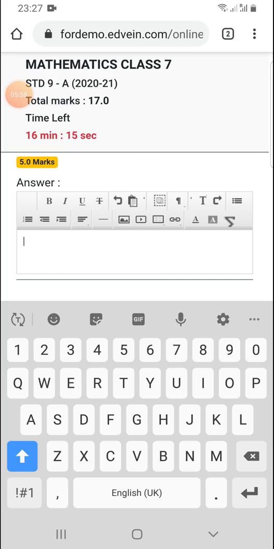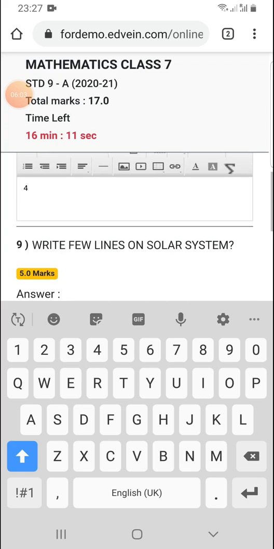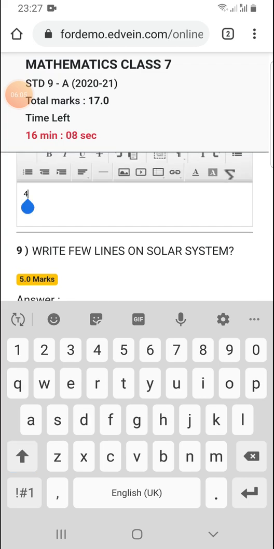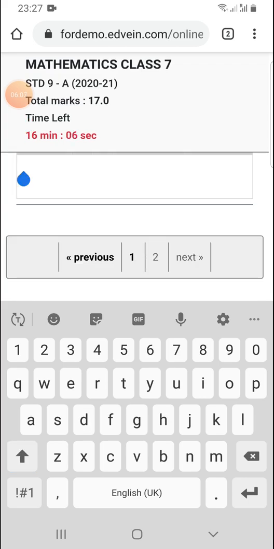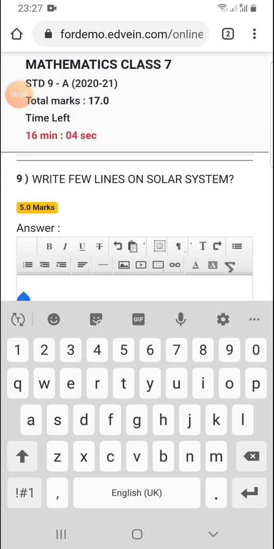Now suppose we are clicking here, you can see this icon. If I click on the above icon, you can see the cursor coming here. I click the cursor in this box if I am going to type my answer. Now if you want to insert an image, you can see there is a symbol beside these lines, 3 lines and 3 lines. After that there is one single line, and beside that there is the insert image option.